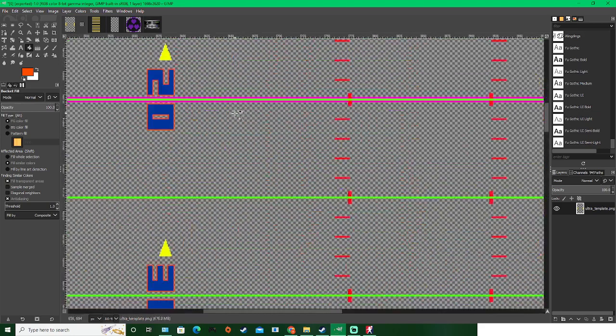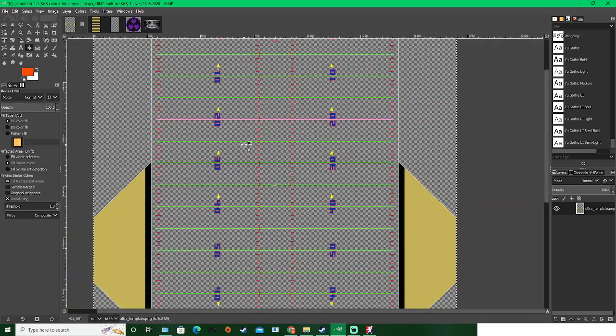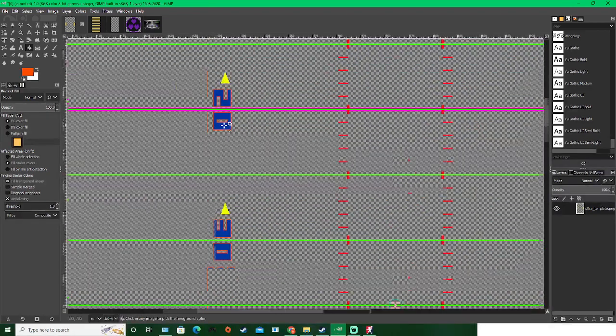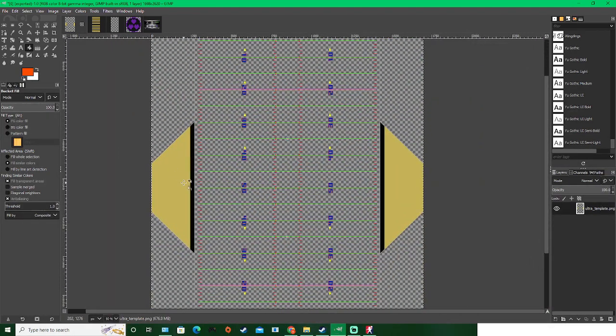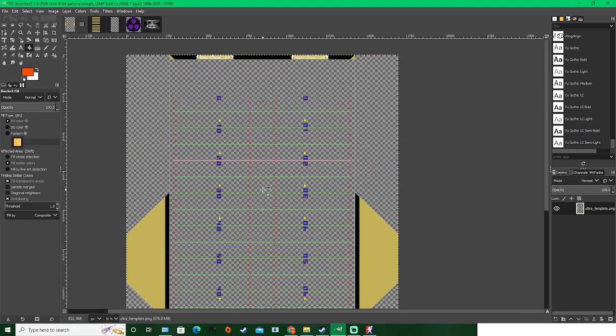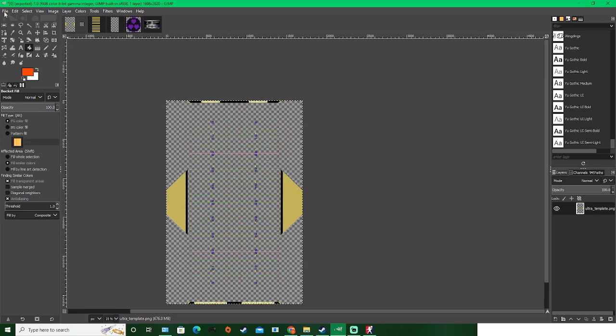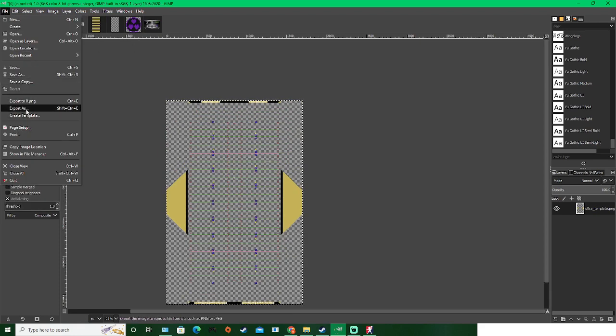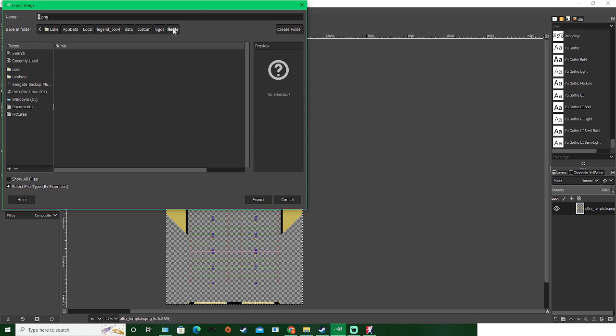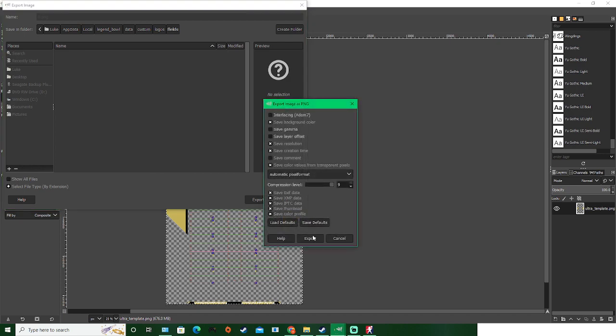Everything is color coded, so it's easy to take out pieces you don't want. Like if you don't want number outlines, they're easy to take out. Field skirts the same, all that kind of stuff. So we are going to do this field for the Scorpions. Scorpions are team ID 0. So we are going to export it as, and we're going to make sure we're in our Local, Legend Bowl, Data, Custom, Logos, Fields, and we are going to name this 0.png. And I'll show you real quick in game